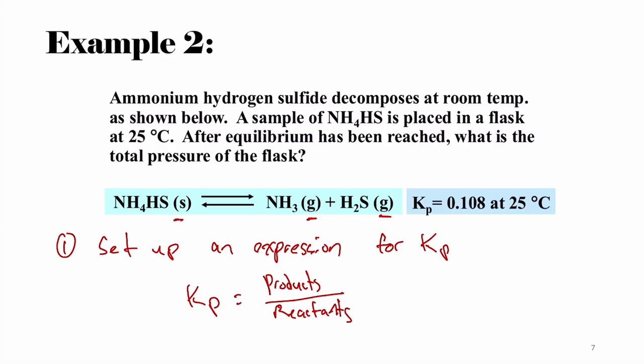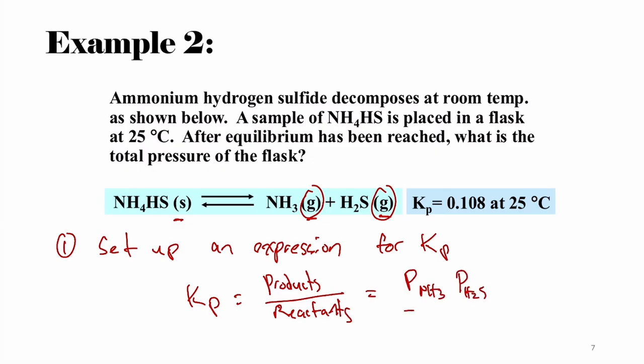So we can do it in terms of concentration, but here you're given Kp, right? And Kp can be expressed in terms of what? The pressures, if we have gaseous reactants in the problem. Do we have gaseous reactants? Yep, just the products, right? Which means that Kp will just be equal to the partial pressure of NH3,